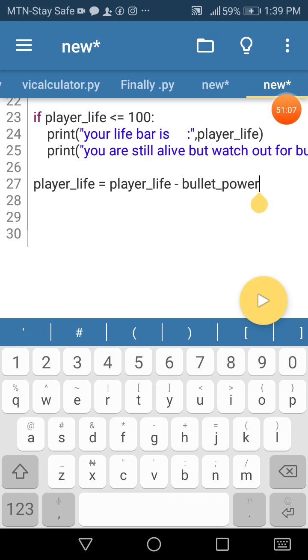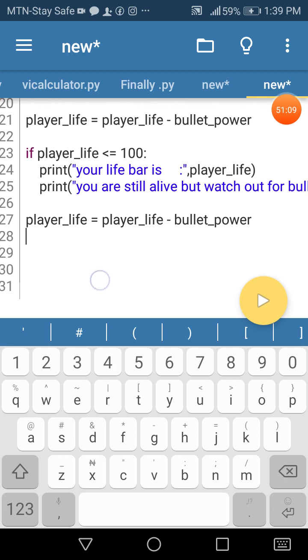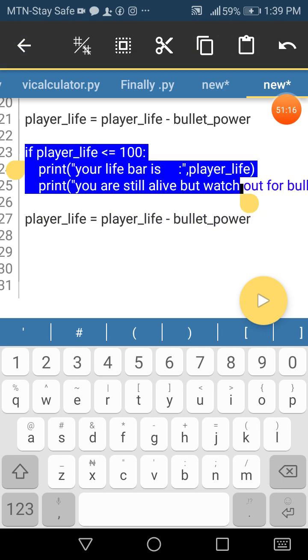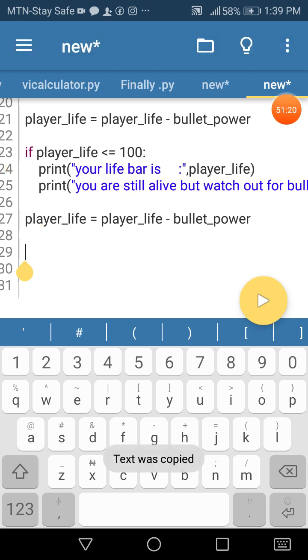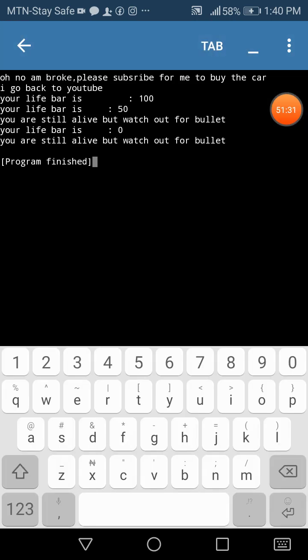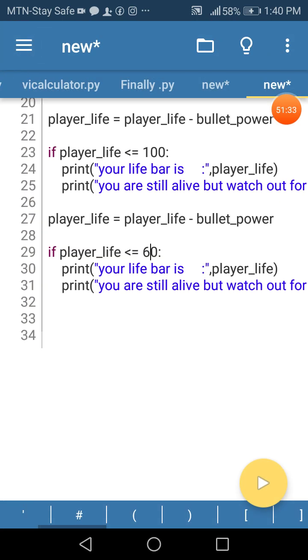Once you paste it, you can write this again, copy, paste it here, then change this from 100 to 50, then now write